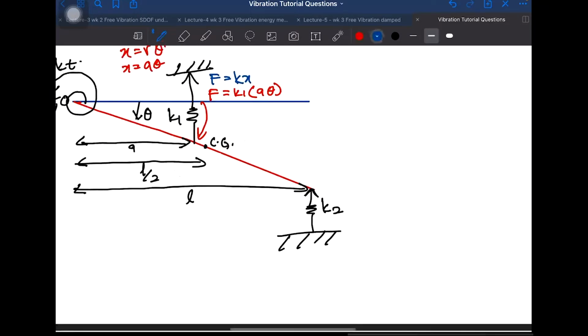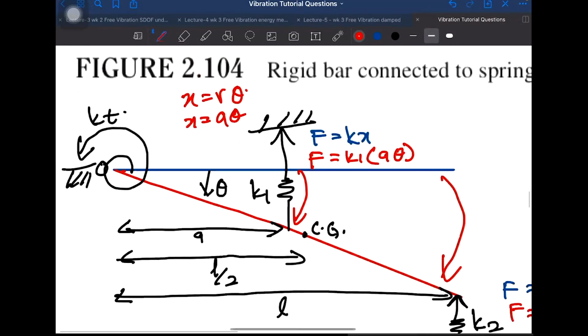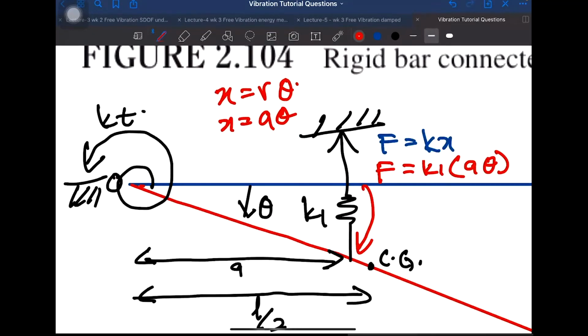Now let's do the force for K2. Still F equals Kx. Our K now is K2. Our x equals r theta. So what is the displacement here? x equals r theta, and the distance of K2 from the pivot point is L. So L theta. And lastly, for KT,